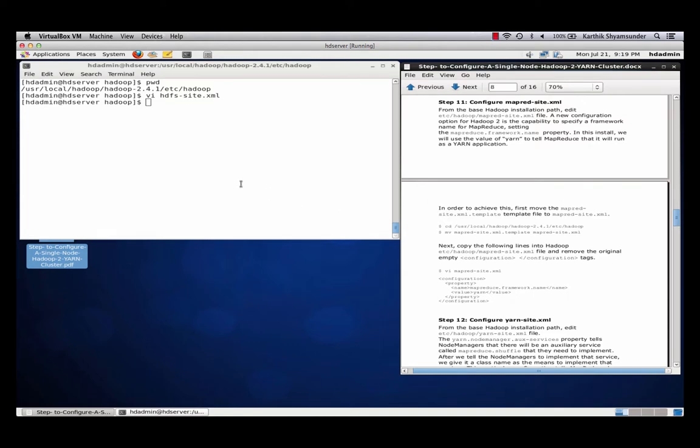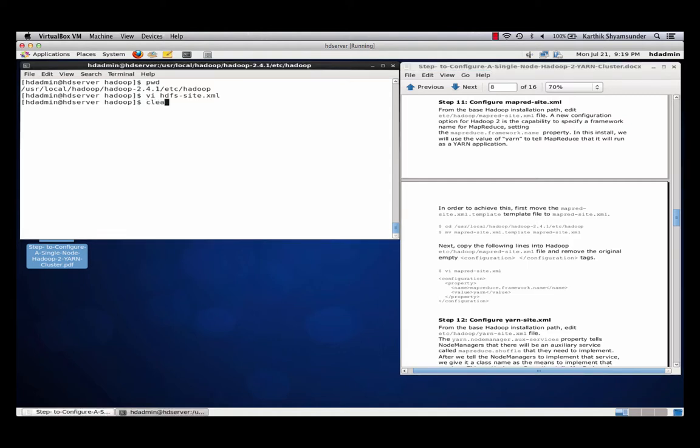Step 11, configure mapred-site.xml. We are configuring MapReduce. Once again, it is in the etc/hadoop directory. We are right there. vi mapred-site.xml. You'll notice that mapred-site.xml doesn't really exist because Hadoop YARN is an architecture where you can run MapReduce. You don't really have to run MapReduce, but MapReduce is the most important framework, and it's the only framework that comes with Hadoop. So what we'll have to do for that is move the mapred-site.xml template file into a file called mapred-site.xml